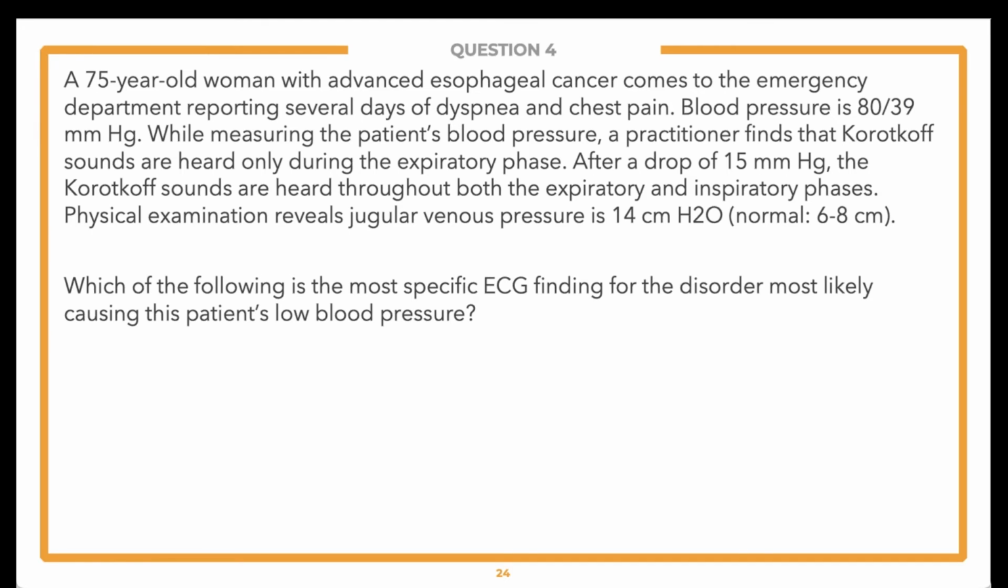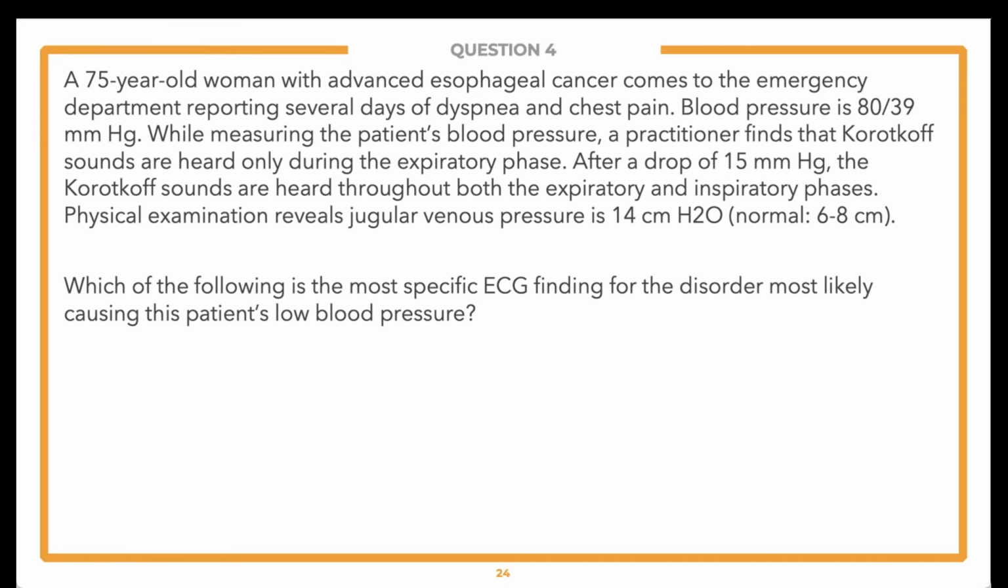A 75-year-old woman with advanced esophageal cancer comes to the emergency department reporting several days of dyspnea and chest pain. Blood pressure is 80/39. While measuring the patient's blood pressure, a practitioner finds that Korotkoff sounds are heard only during the expiratory phase. After a drop of 15, the Korotkoff sounds are heard throughout both the expiratory and inspiratory phases. Physical examination reveals jugular venous pressure is 14 centimeters. Normal is 6 to 8. So again,